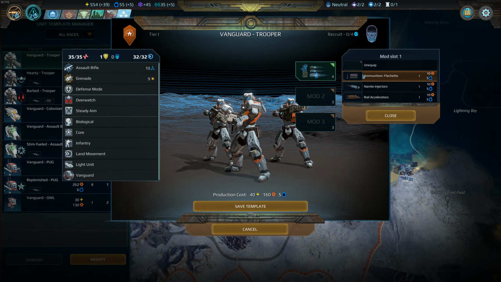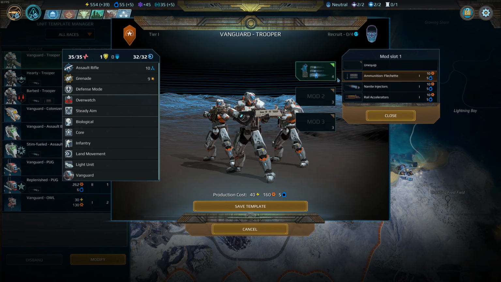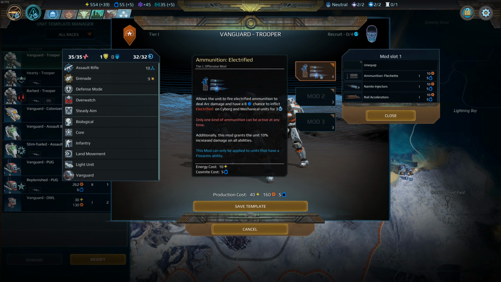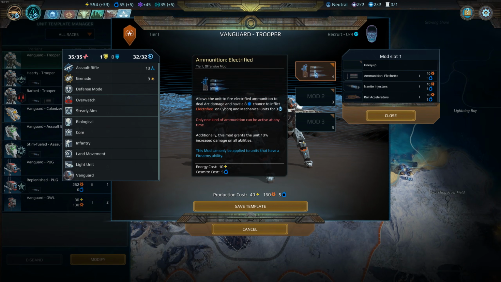So basically how it boils down is, the Flechette is good against cyborg and biological units, and the Electrified is good against cyborg and mechanical units. Cyborgs are kind of halfway between biological and mechanical. That's why each one of these applies to both. However, cyborgs have some of their own inbuilt advantages. I think they have built-in resistances, and they can be healed by either biological or mechanical healing. So they have a lot of advantages in that way, but they are vulnerable because they can have negative status effects applied to them